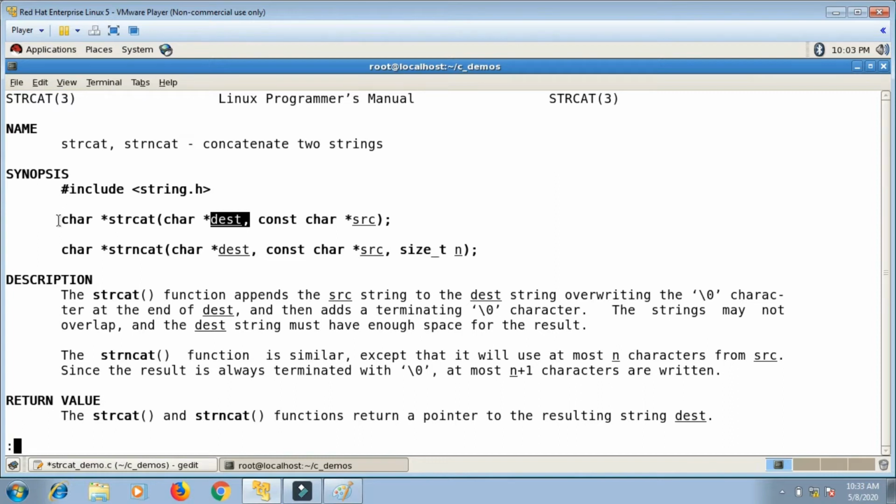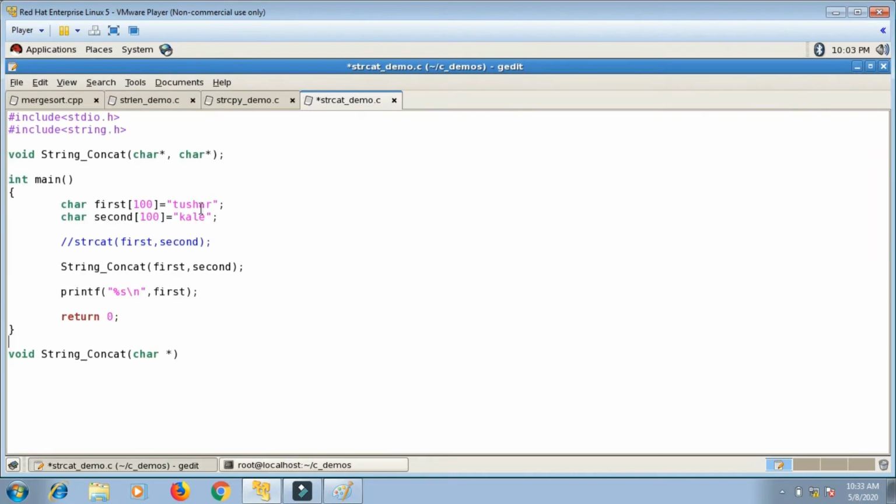So let me change my declaration in a similar way. Return type is also char star, so I will change that also. So in my function I will change return type to char star, and this will be const char star. So it will be now simulation of the built-in function. For simulation, the prototype of the built-in function and your function should be same. So now let's do the same thing here. Char star is return type, then char star dst, I will take the same formal argument name, and const char star src. So I will append src to dst.